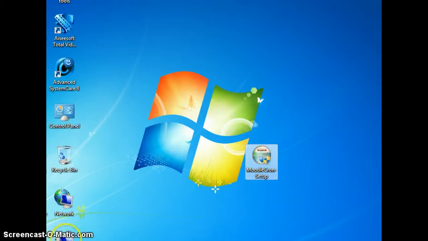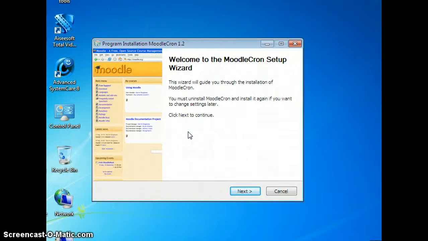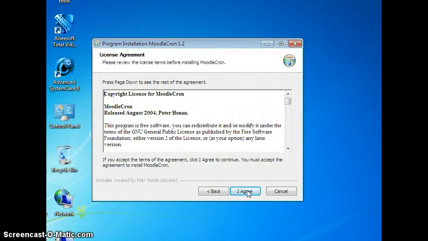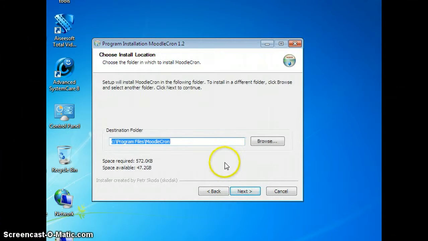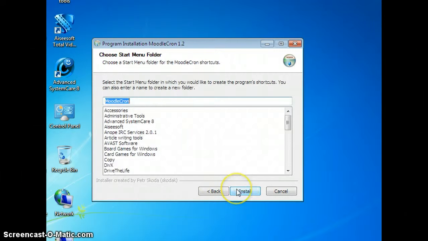Okay, now we're on the desktop where I've got the Moodlecron installer already set up on here. And what you can do, you get this from the internet too. Search Google for Moodlecron setup, and just go ahead and download the installer and put it on your desktop or wherever you want to keep it, but desktop is easier. Double click it, open it up, run the program. This doesn't contain adware, spyware, or anything like that, so your antivirus won't stop it. Click on the next and agree to their notices. It's going to tell you it's going to install in program files Moodlecron, so just hit next there